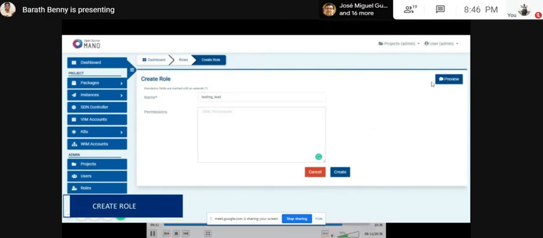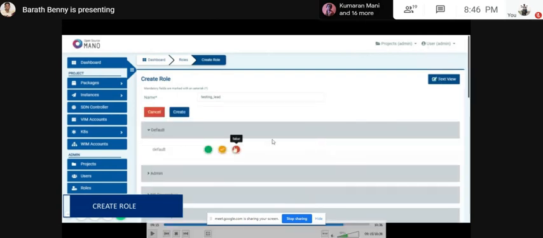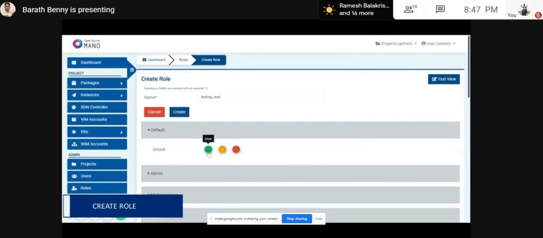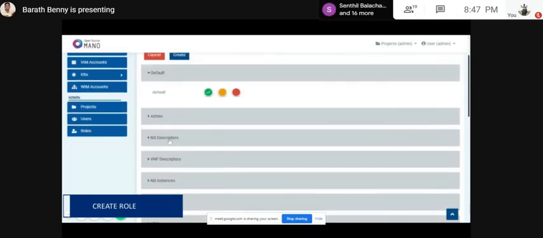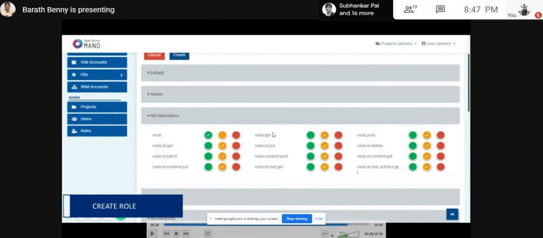Now we will be moving on to the role section. In the role section, as explained, we have integrated a new GUI for the permission section. We have carried over all the permissions which are maintained in the NBA. Here you can see all the role permissions by clicking on preview. The GUI is implemented here, where a green icon means true and yellow means not available, or false. For a particular role it can be true or false. So the user can easily select by navigating to the appropriate role permission.